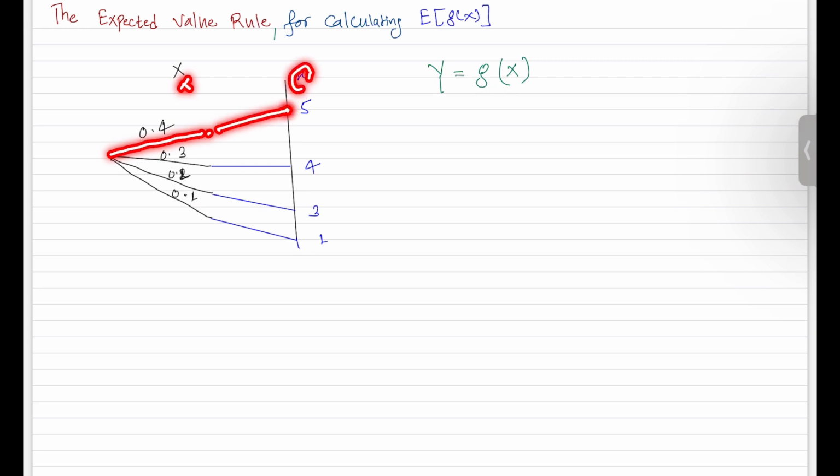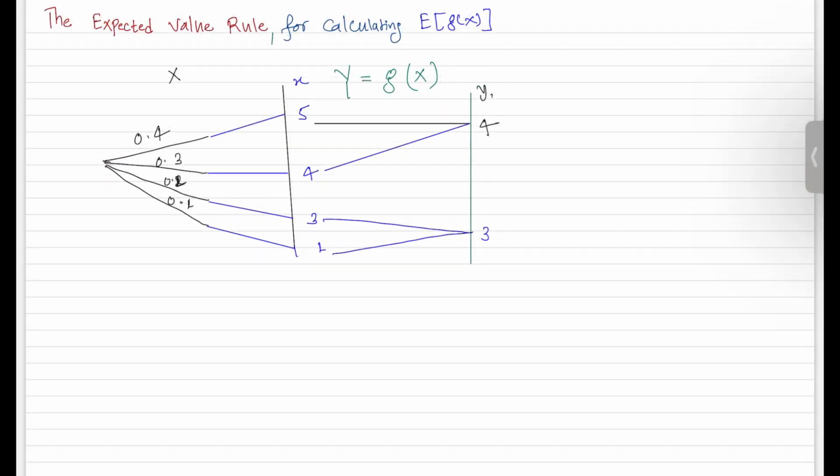Once you know the value of x, you put it into some function, and that output gives the value that random variable y takes. So this random variable y depends on the value that random variable x is taking. You carry out the experiment, you know the outcome, you know x, you know y.